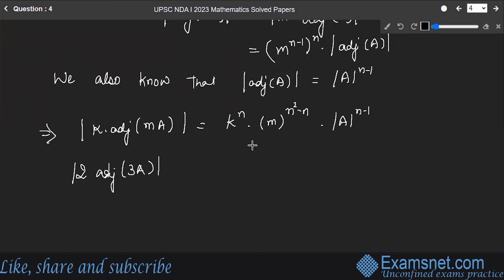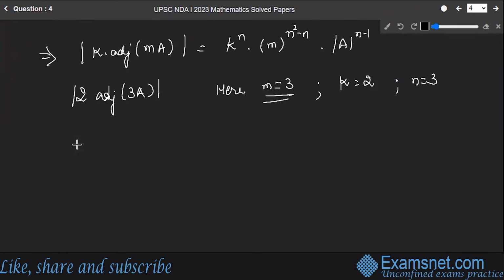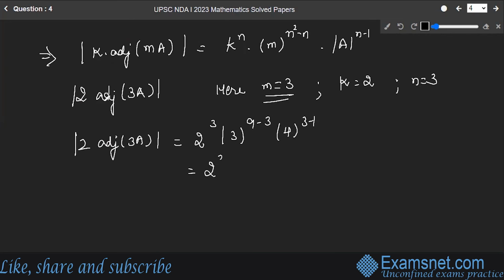So here M is equal to 3 and K is equal to 2, and we already know it's 3. So this expression will become 2 raised to power 3, adjoint of 3A. It's given 3 into 3 raised to power n minus 9 minus 3 into 4 raised to power 3 minus 1, which will give you 2 raised to power 3 into 3 raised to power 6 into